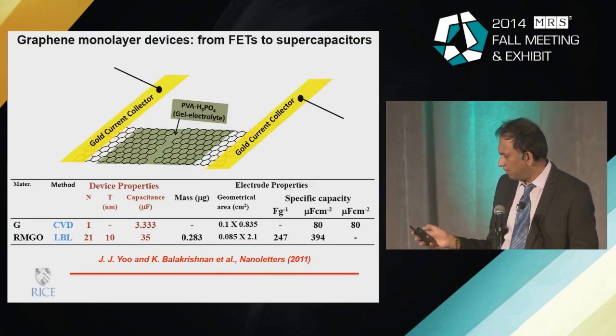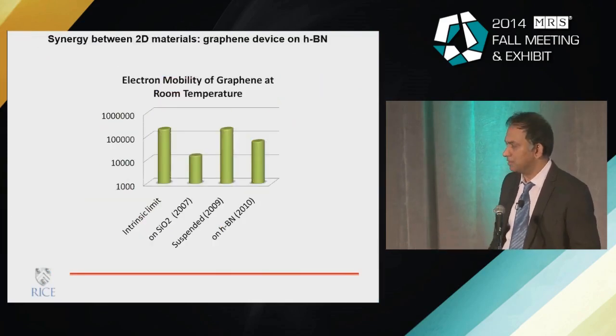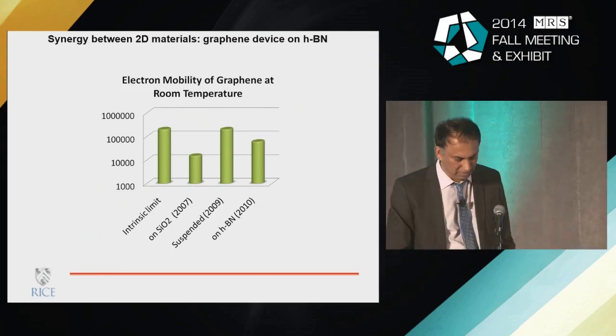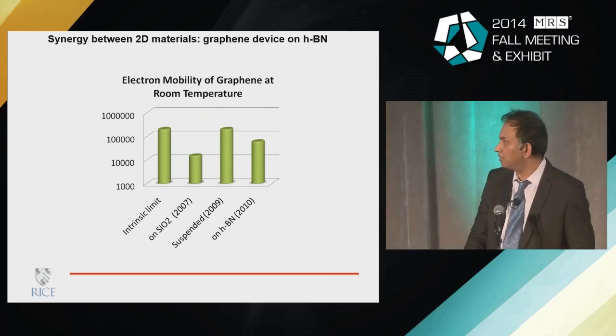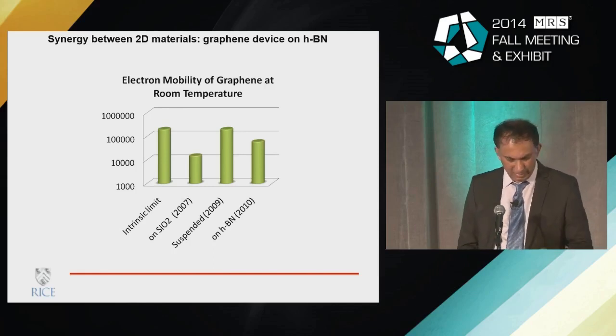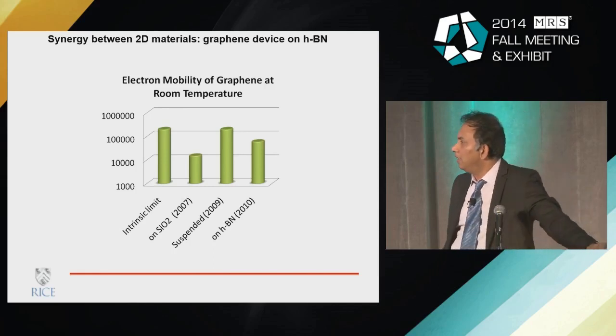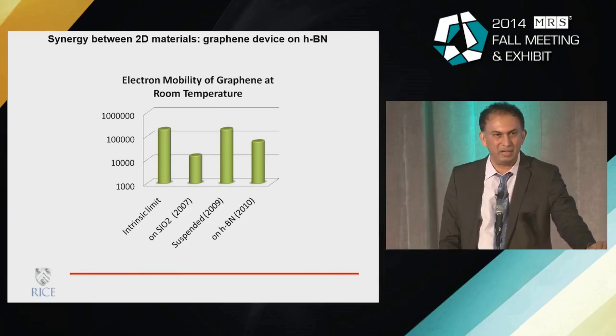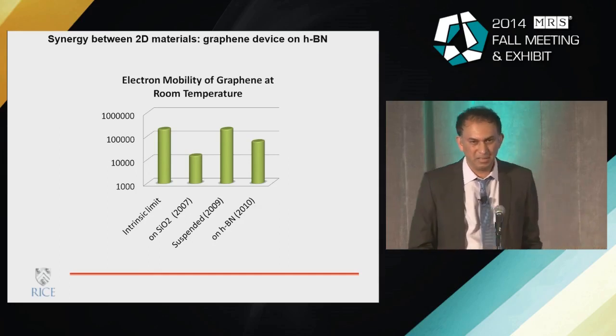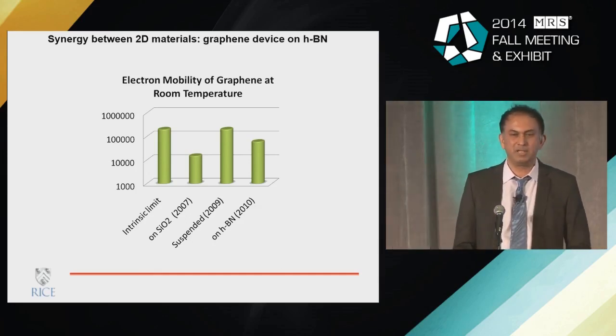Let me talk a little bit about the devices. Of course, as I am emphasizing again and again, the biggest driver for many of these materials has been electronics. So it would be kind of unfortunate if I didn't mention that at all. But again, what you see is that the behavior of many of these electronic devices based on graphene is not really consistent. It really depends on what substrate you put these materials on.